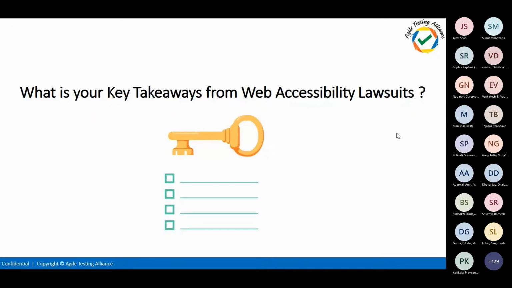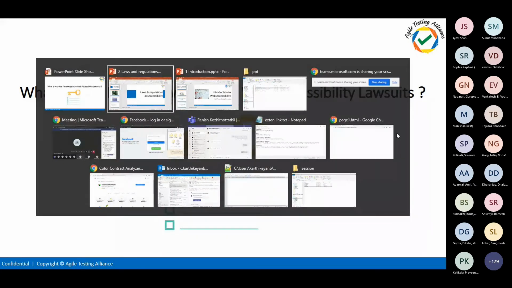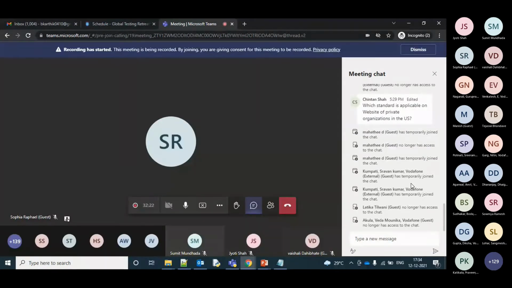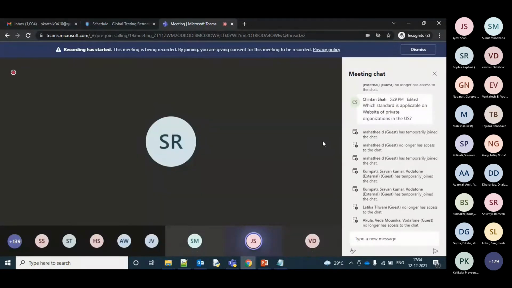And what might be your favorite takeaways? You guys can also let us know, and any experience which you faced, you can just talk for a minute. So anyone, what do you think needs to be tested for the main accessible thing? Guys, you can type your response in the chat box, or if someone wants to speak, you can raise your hand and then you can speak.